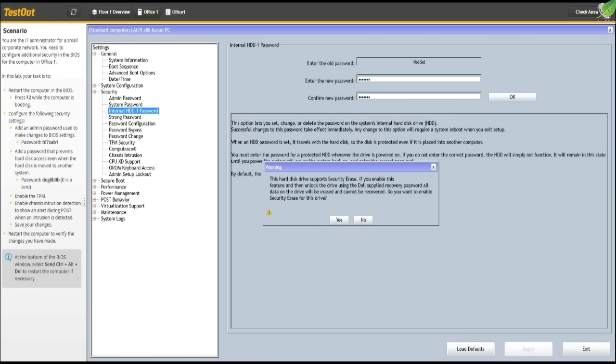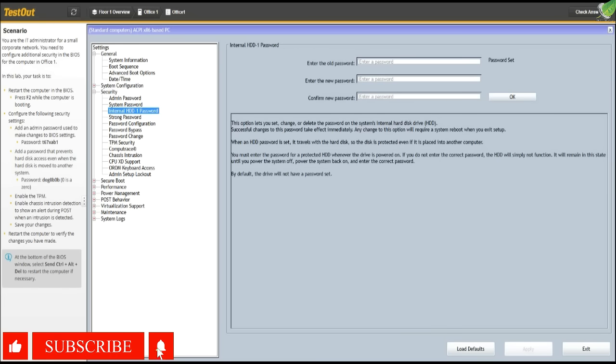Click OK. So it will give you a set of warnings here. So yeah, once we enable this, then